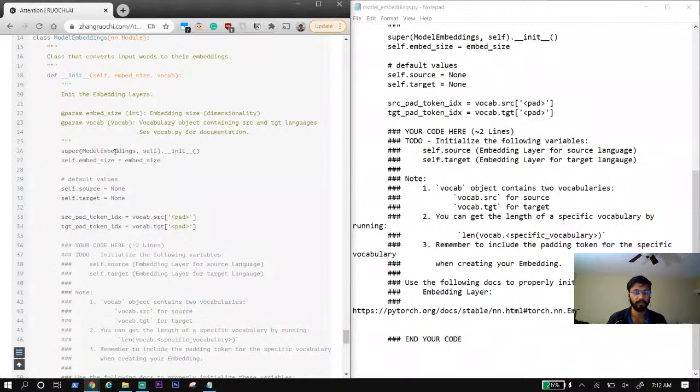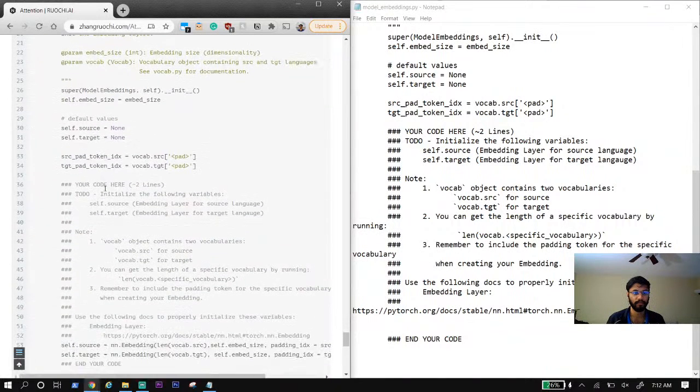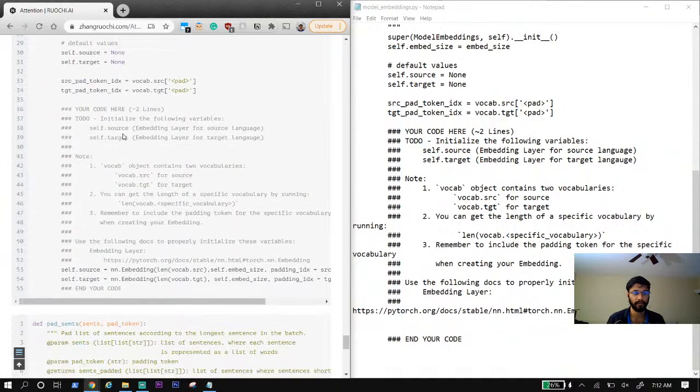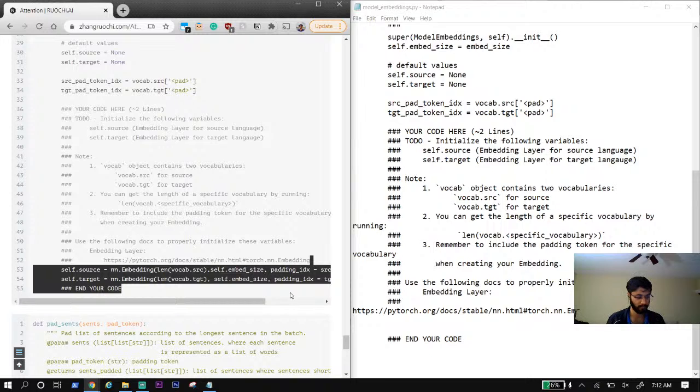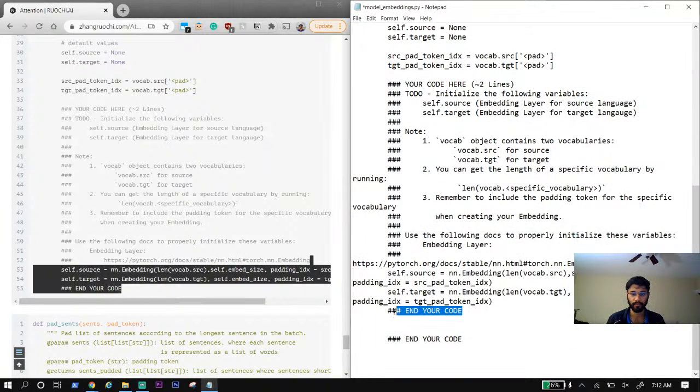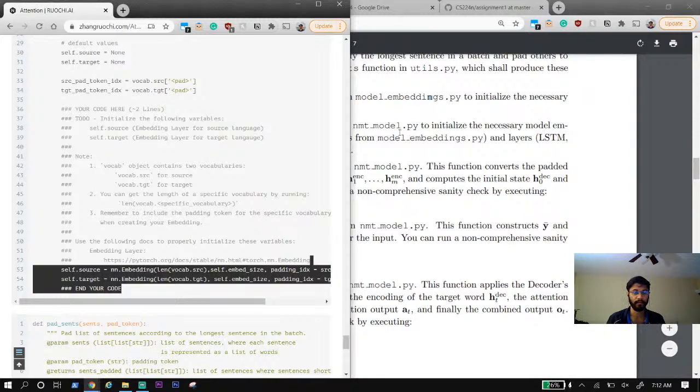So these are default values, token IDs. So basically all we need to do is just initialize. Then